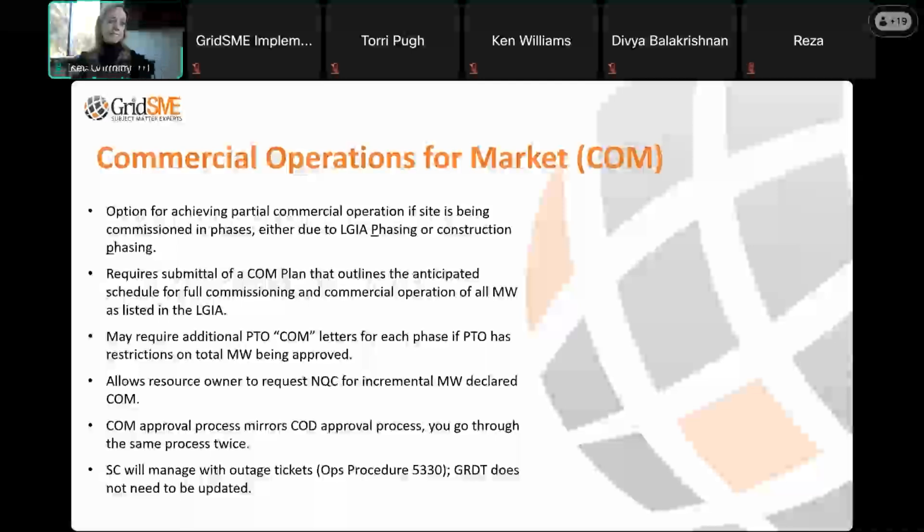So sorry, does that mean each phase has to show that full capacity, or the whole entire project? I think it depends on how you have it contracted, Reza. Normally we do it by resource ID, so it would be for that specific resource, if that makes sense. Yes, so it's by resource ID typically, and I don't think you'd want to do it in a partial manner.